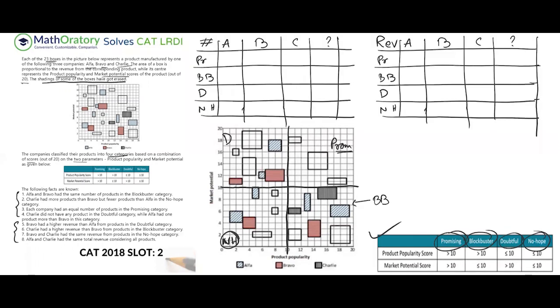Okay, so as I said, I've drawn two matrices here. So this one will be indicating the number of products and this one will be indicating the revenues. It will be a little cleaner and easy to understand. I'm not going to club the revenues of the doubtful ones or the question mark ones, the undisclosed ones. And then that will be easy to relate. So let's go ahead with it.